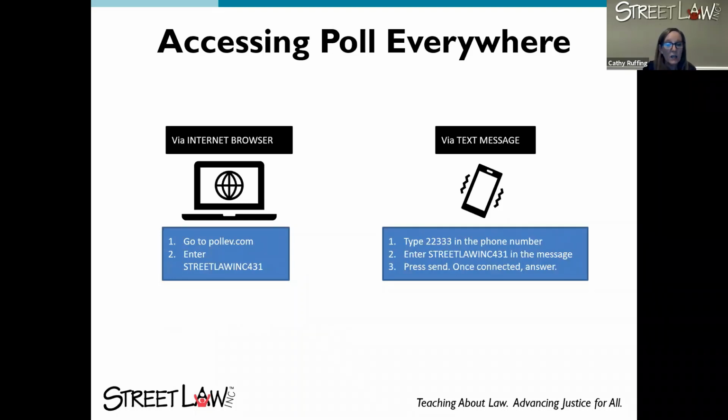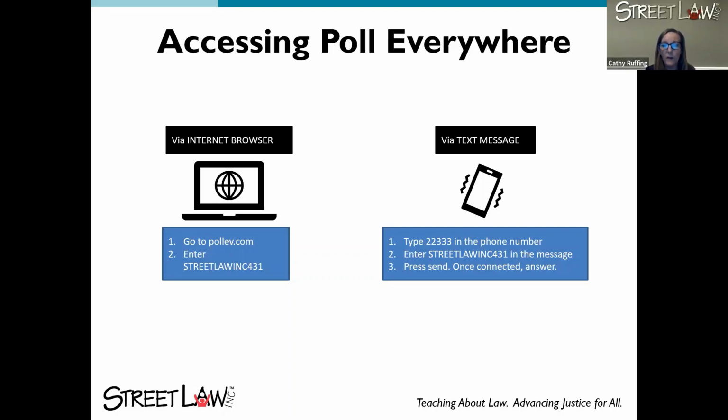Excellent. So in tonight's seminar, we're also going to use an app called Poll Everywhere that you may or may not be familiar with. But we are going to ask you to log into that after you drop your name into the chat. So to do that, the best way to do it is the option on the left of your screen now, to do it through an internet browser.